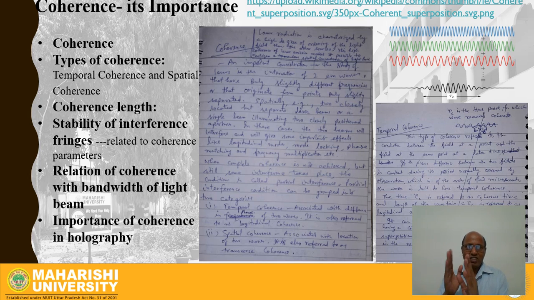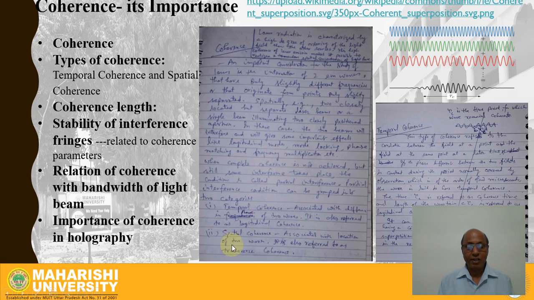And if this phase difference change is beyond a certain limit, where we can define the coherency to be stopped or coherency gone down, then that time limit is called the coherence time or time of coherence, right? And since both waves are going in the same direction, we call this longitudinal